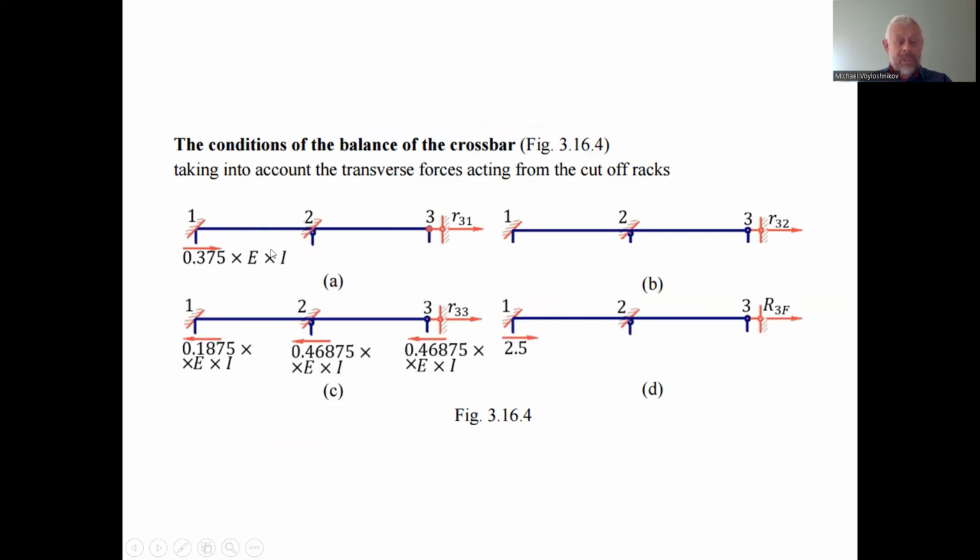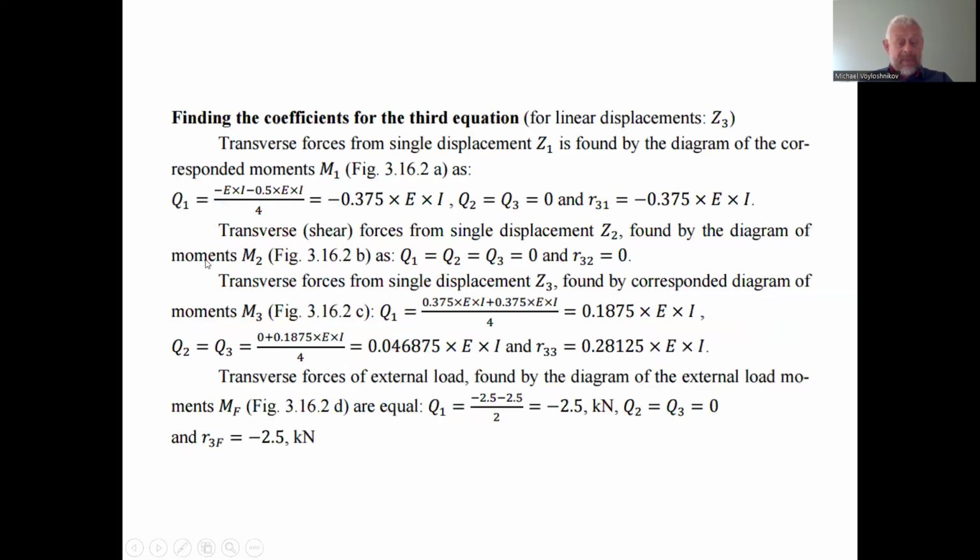Due to this force, if we consider only the action of this force and only one factor, it impacts the force arising in the extra connection 3. But we have no applied force in the fourth sliding node. We have the displacement available for the sliding node, and